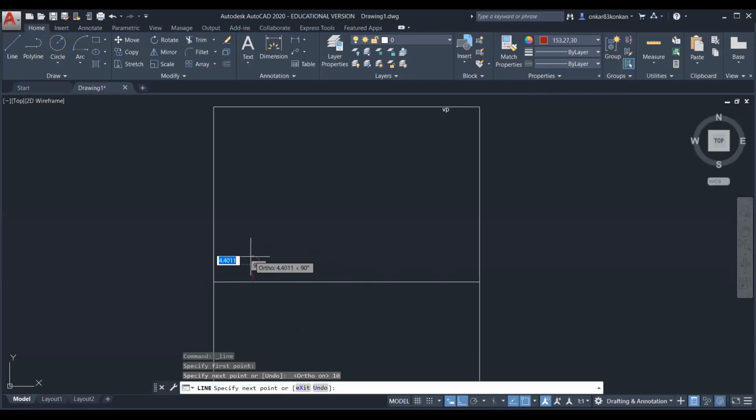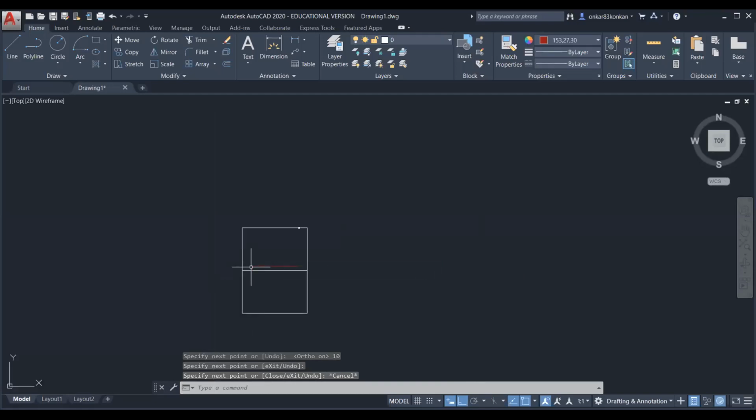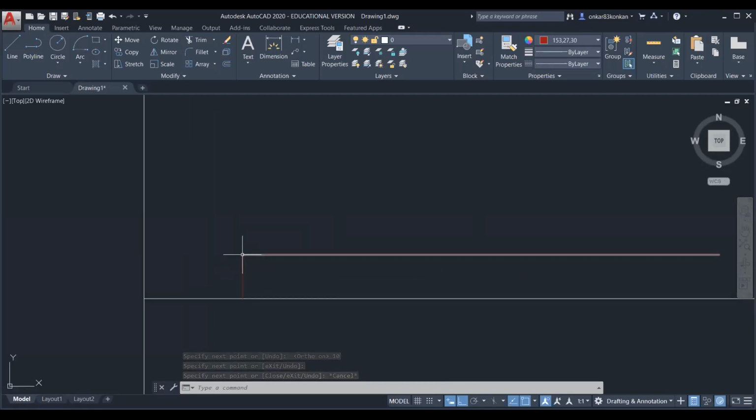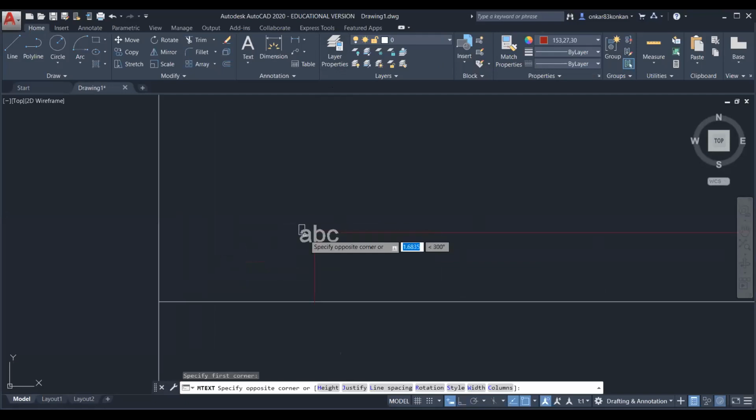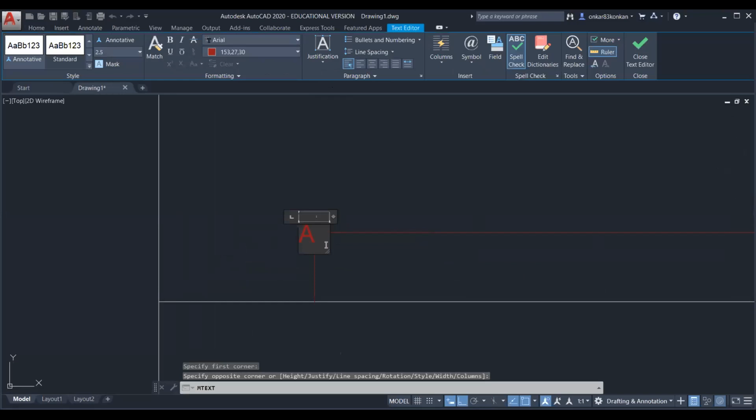Okay. Now from this point, draw one horizontal line. This is just a reference line. You can take some suitable distance. Okay, so now this is your point A, this corner point. Okay, that is the A dash point. So this is the actual front view of the point A.